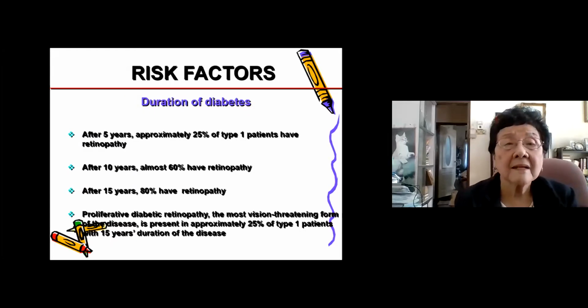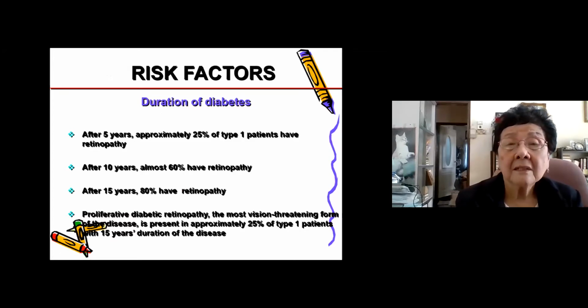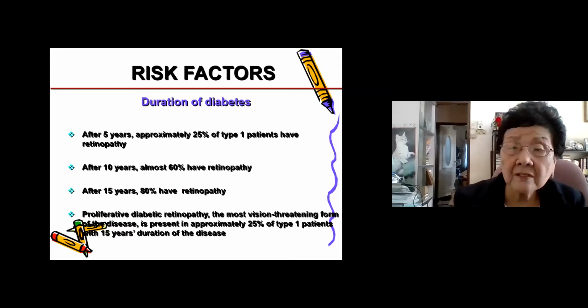So the risk factors are, after 5 years, approximately 25% of type 1 patients have retinopathy. And after 10 years, almost 60% have retinopathy. That is, the eye structures change so that they are, in a way, evolving towards blindness. After 15 years, 80% have retinopathy. And so they have vision threatening disease, which is present in approximately 25% of type 1 patients at 15 years